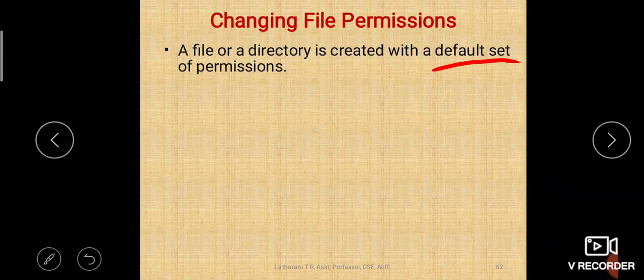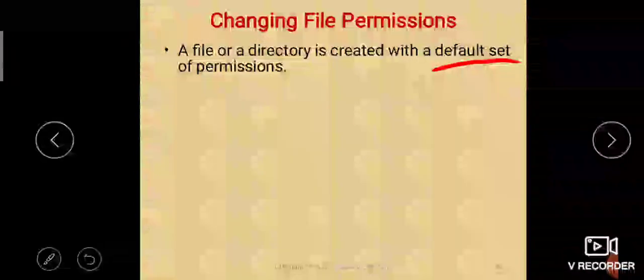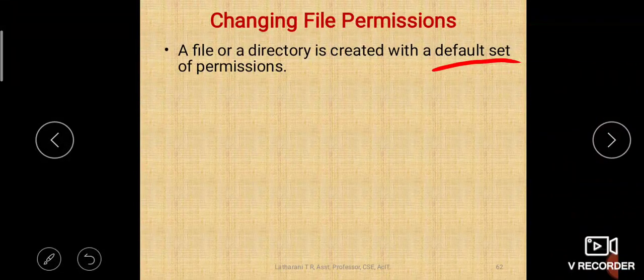So when we say ls minus l, it will show you a set of permissions, but we have not set it, right? Nowhere in the previous cases we have set permissions for any file or directory. But when you say ls minus l, all of them will be having some set of permissions, because by default, the files or directories when you create, they will be having default permissions